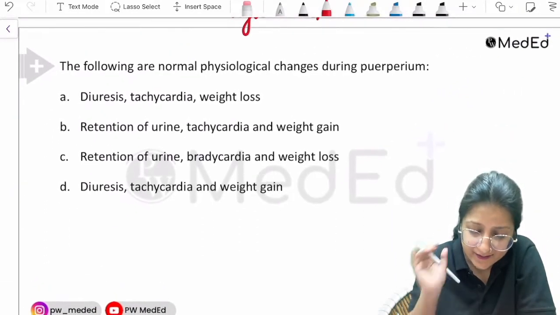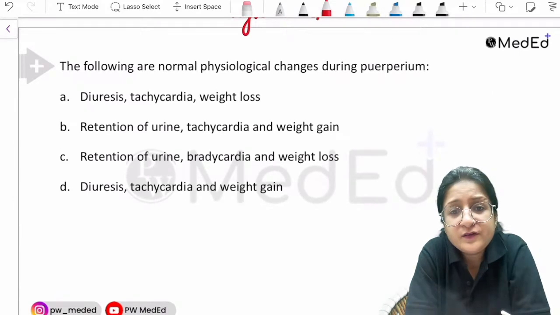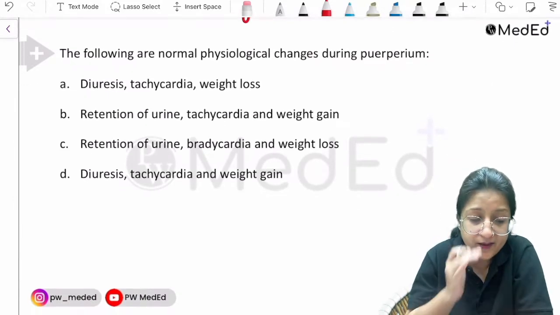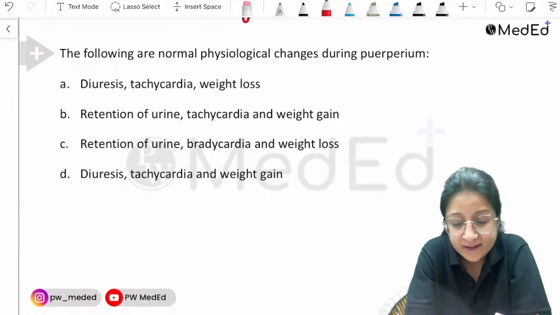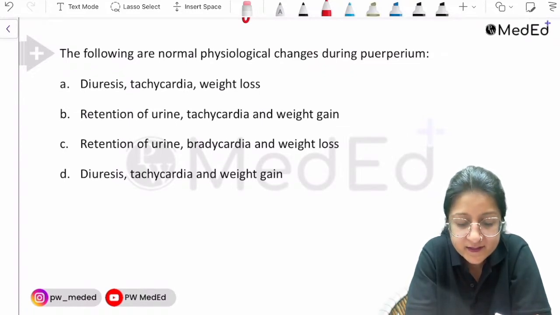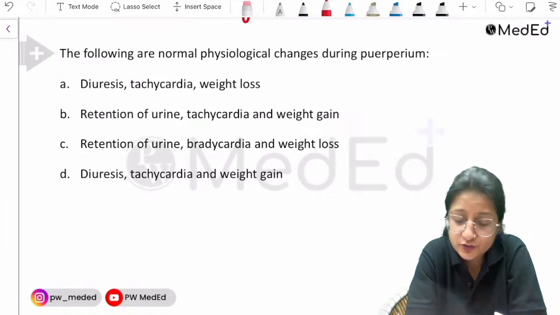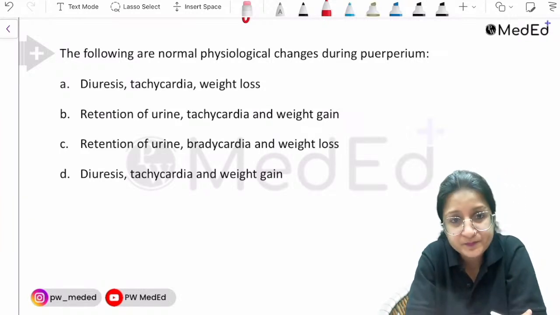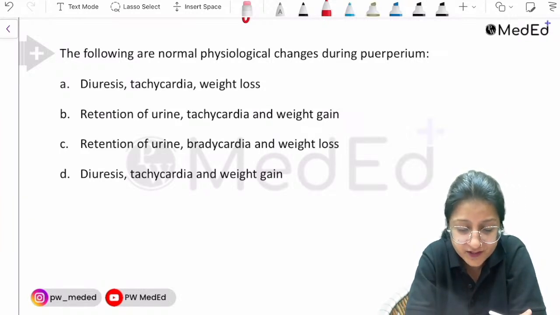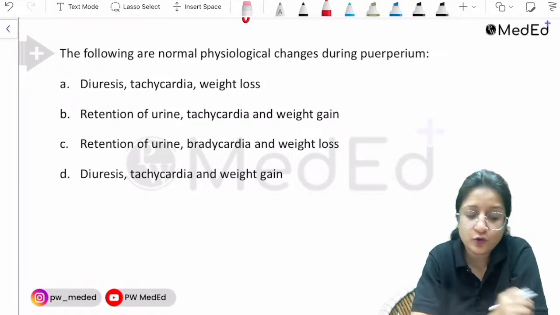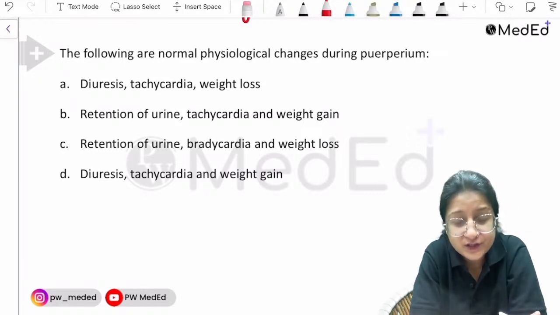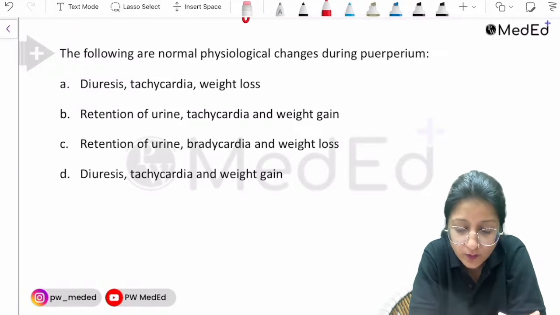This is slightly tricky. The following are normal physiological changes during puerperium, except... sorry, there is no except in the question. The following are normal physiological changes during puerperium. Which set of these four options is a normal physiological change? When you get questions like this, try to eliminate. Let's say, for example,